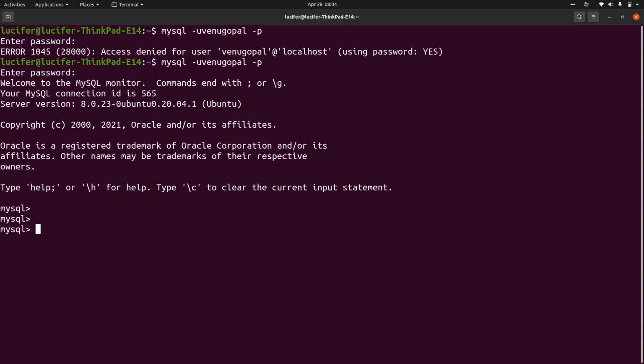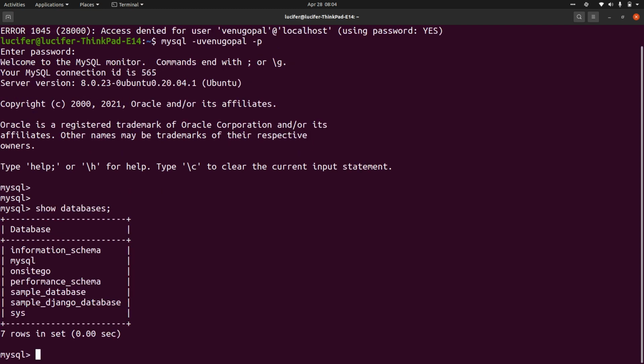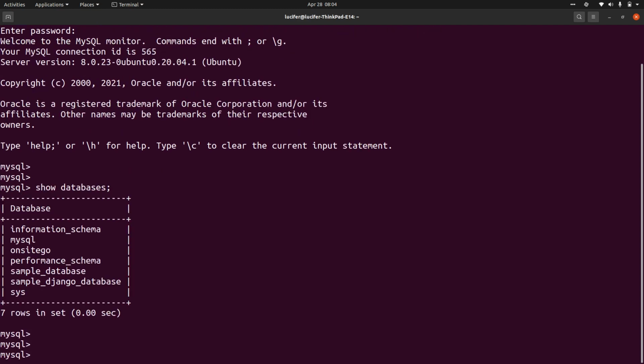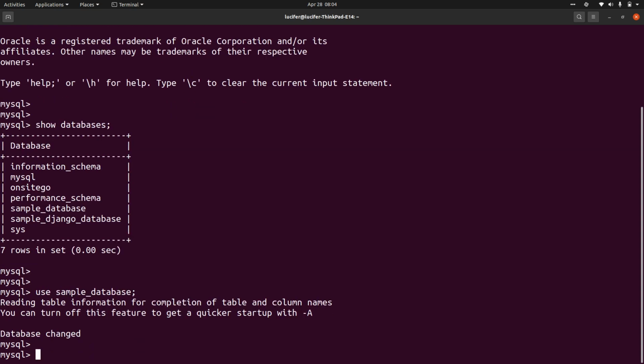So I'll just repeat all the commands that we have learned yesterday. One is show databases, right, which shows all the databases. And to use any database, we use the command use sample database, right? So the database has been changed.